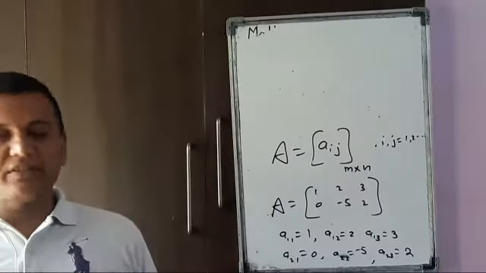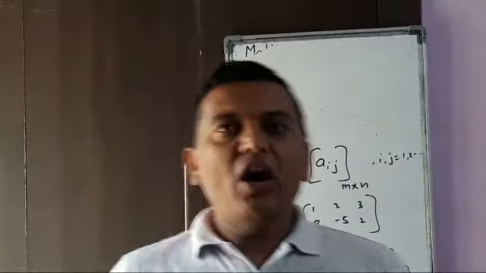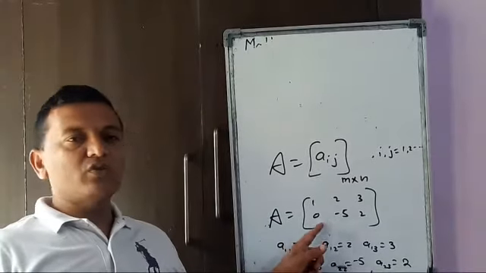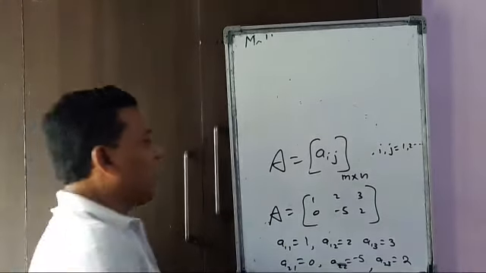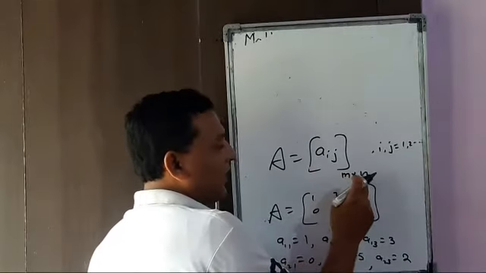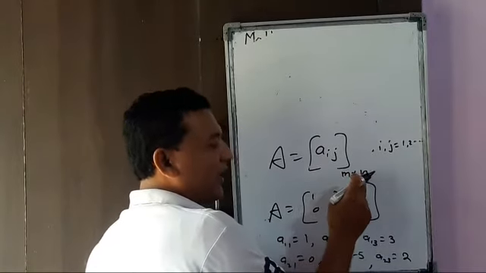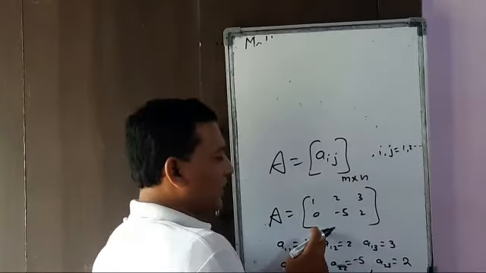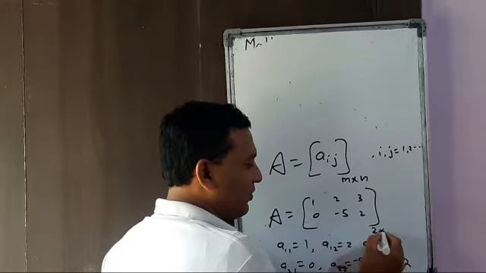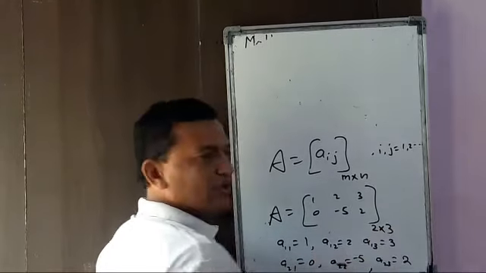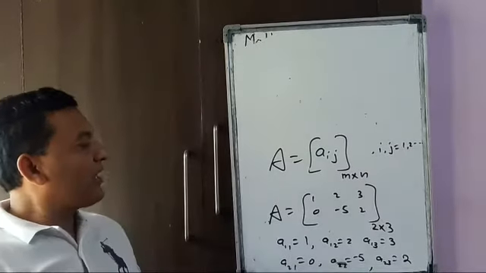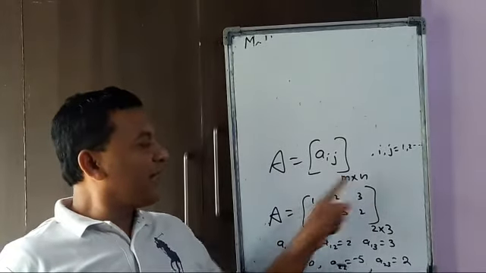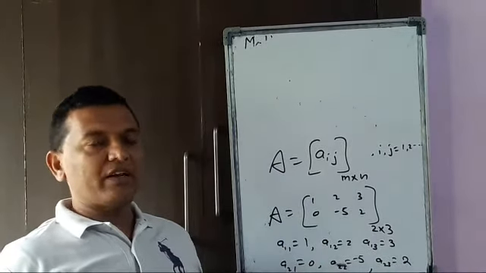Order of the matrix. What is meant by the order of a matrix? The order of a matrix is one which represents the number of rows and columns in a matrix. That is, here the matrix A equal to Aij m cross n represents a matrix of order m cross n. That means there are m rows and n columns. In this example we can see we have 2 rows, therefore it is 2, and we have 3 columns, therefore 2 cross 3. So a matrix of order m cross n has m rows and n columns. That is called the order of a matrix.